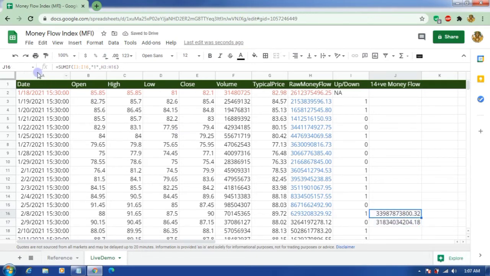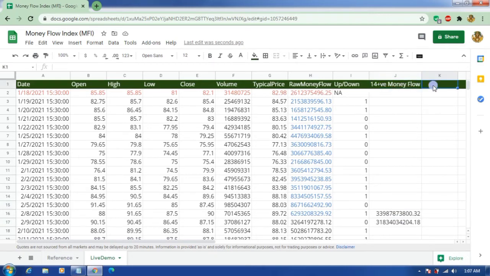Here it has calculated I3 to I16 and H3 to H16. For this one, what would be the range? The last 14 periods, that is H4 to H17 and I4 to I17. See here, I4 to I17, H4 to H17. Perfect.